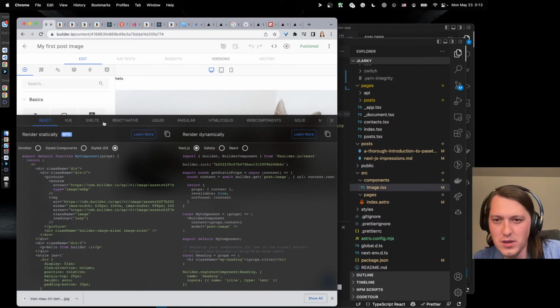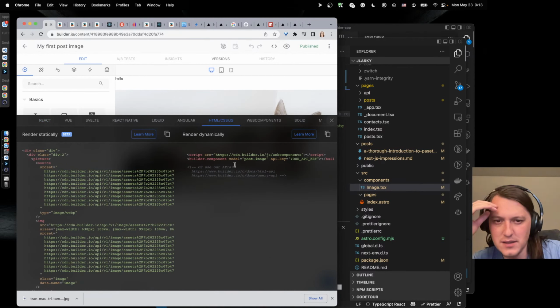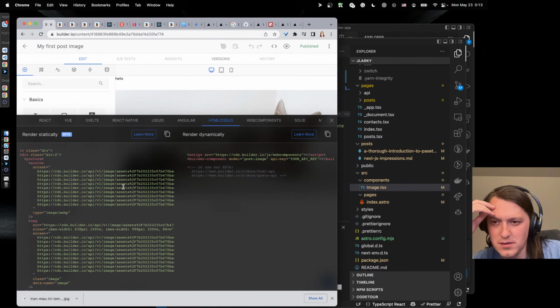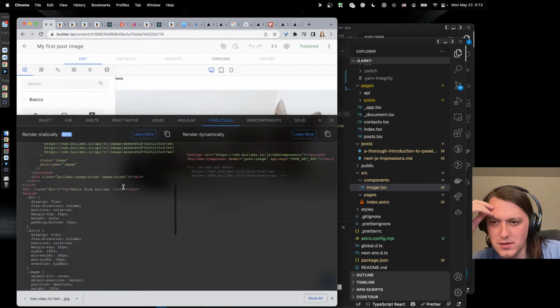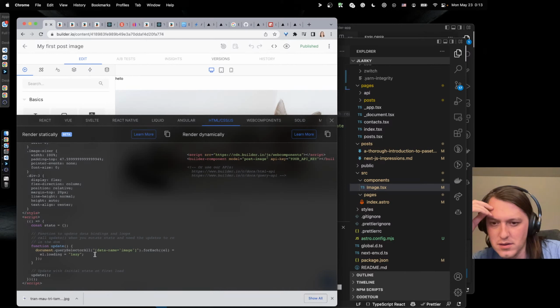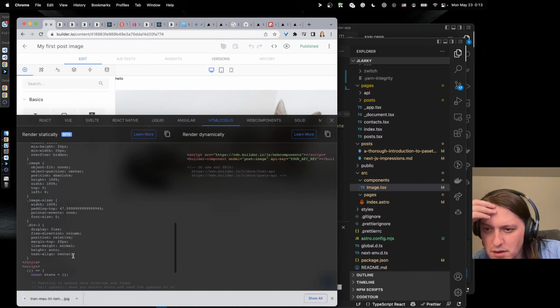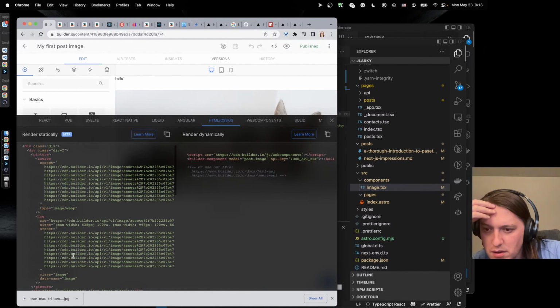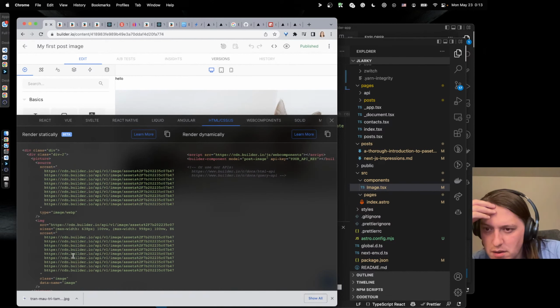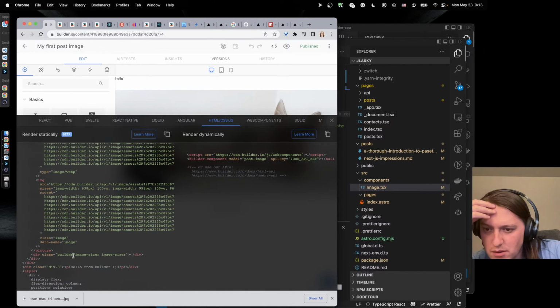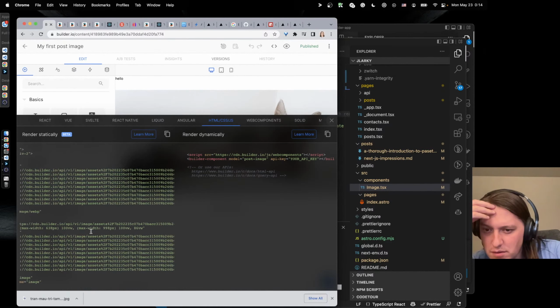So we are looking for like REST, I guess. Function to update data loops, call update with image. Loading lazy. How do they hide it by default? Still don't understand that part.